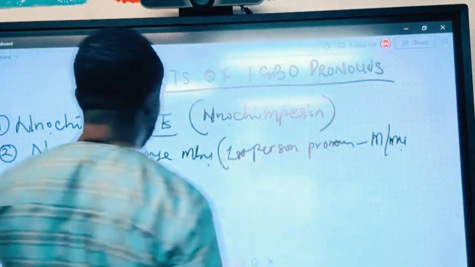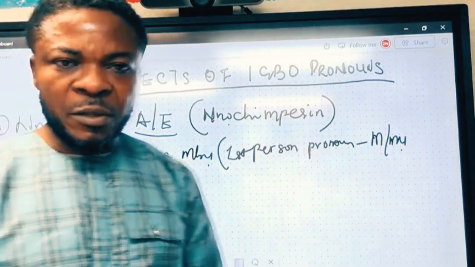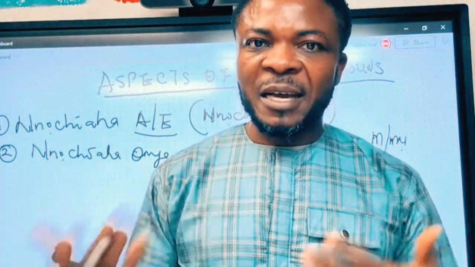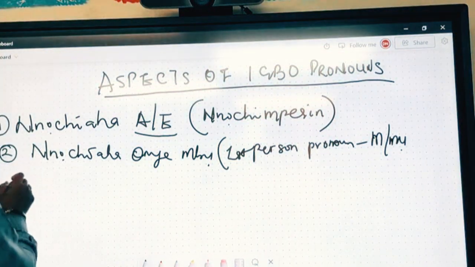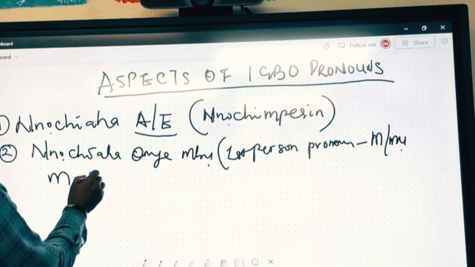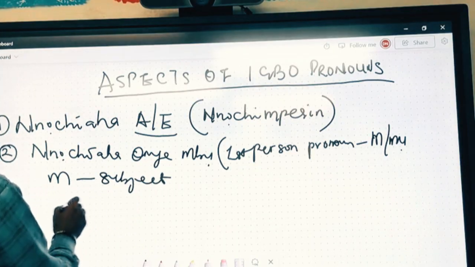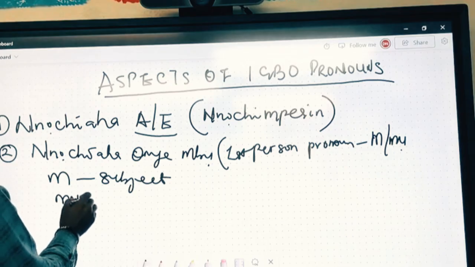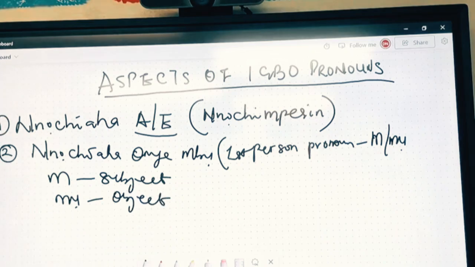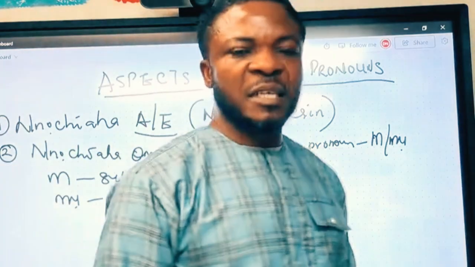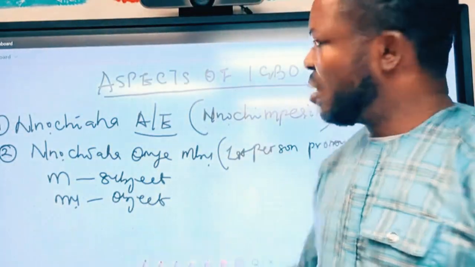Nnọchiaha onye mbụ, first person, shows as a and m, which is me, and I. So when it is the subject, it will come as a, that is subject. When it is object, it comes as m. So in technical linguistic term, subject means